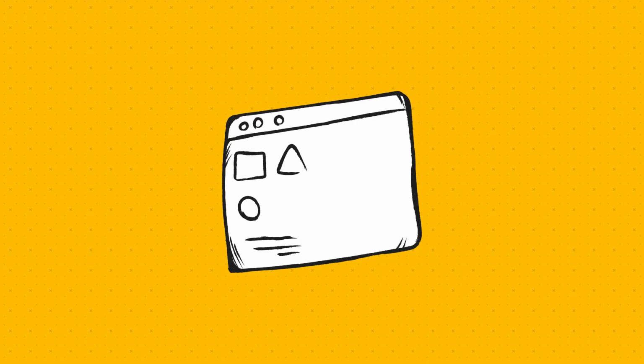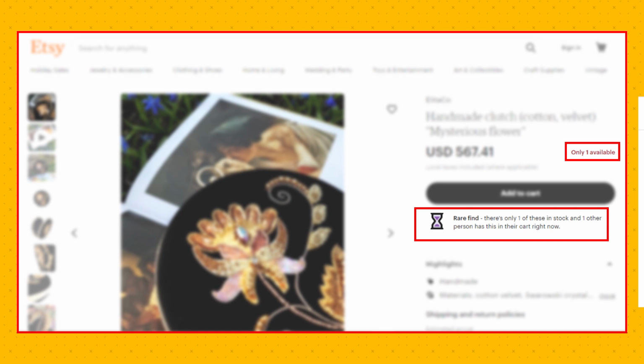The other way to create scarcity, or let's say to put the light on scarcity, is in your website design and copy. The known way is to emphasize the fact that there are few elements or products left in stock. A great example of this with a smart creative design comes from Etsy.com. Not only do they emphasize that there is only one available product left, but they also say there's someone who already has that product in their cart.